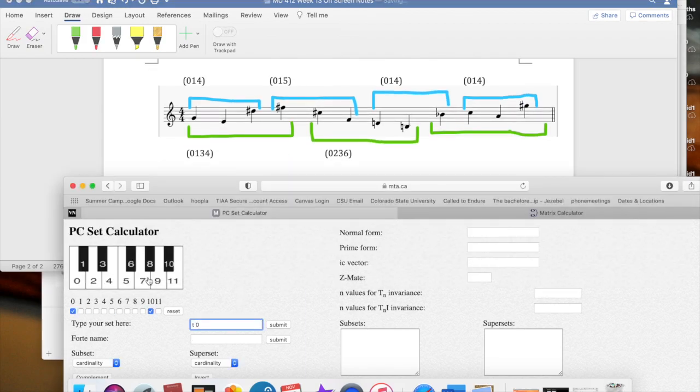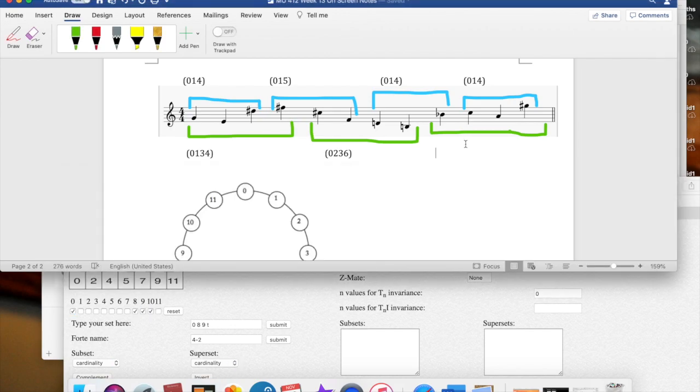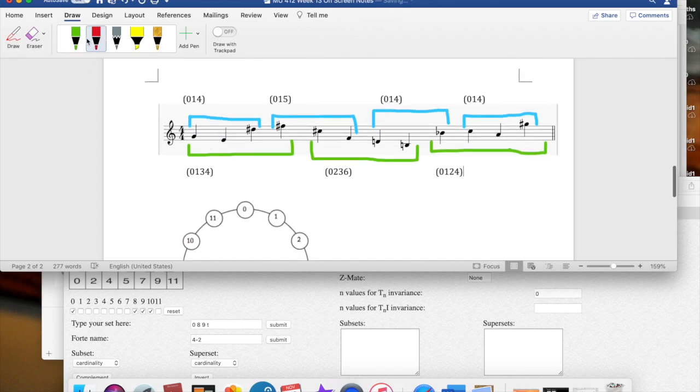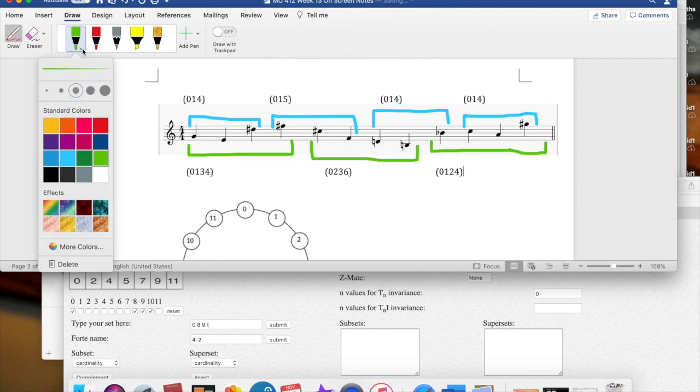10, 0, 9, and 8. 0124. So no larger relationships between that particular group of tetrachords. Now what I want to do is use another color and look at the hexachords too.